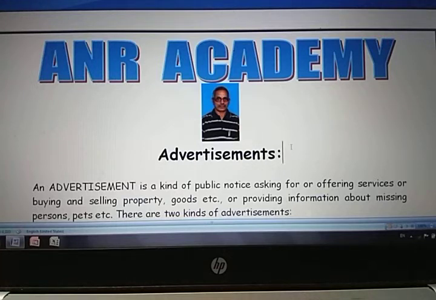Some people they miss. Elderly people, those who do not have mental balance, they miss. So about them we see generally in the railway stations a photograph of that person and address, everything will be stuck. About the pets also at times we see. So these are all the advertisements that we come across while we read the newspaper.